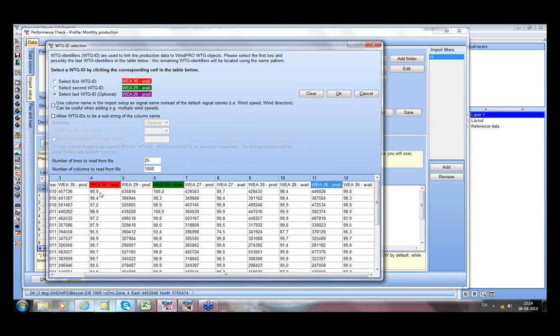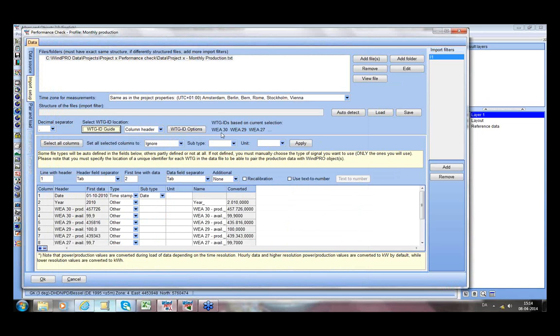Now, the turbine name ID is obviously part of the header. So we use this checkbox, allow turbine ID to be a substring of the column, and as delimiter we use dash and press OK. And you can now see it identifies the turbines called WEA30, WEA29, WEA27, and so forth. So now we can select all columns and make them power production, apply,